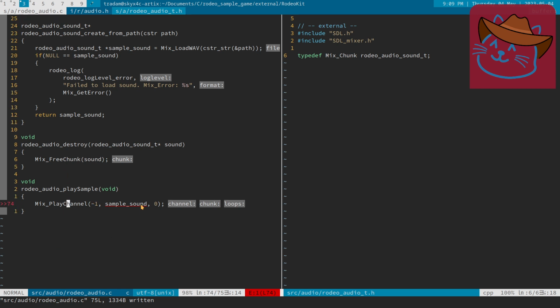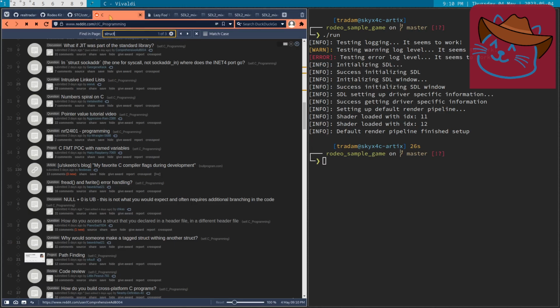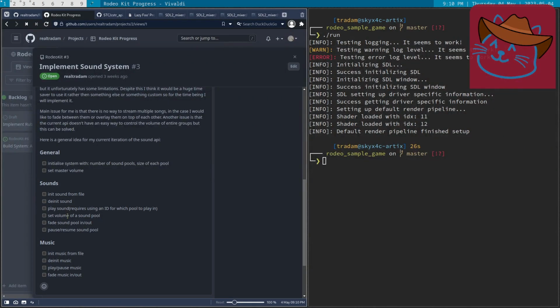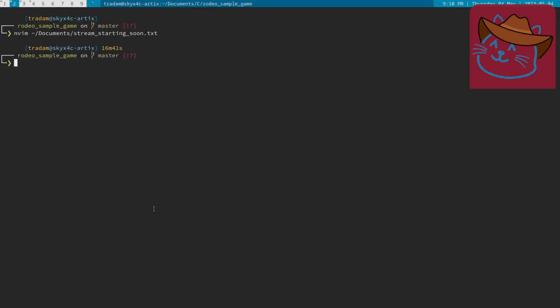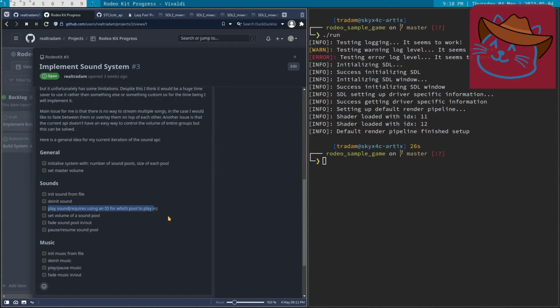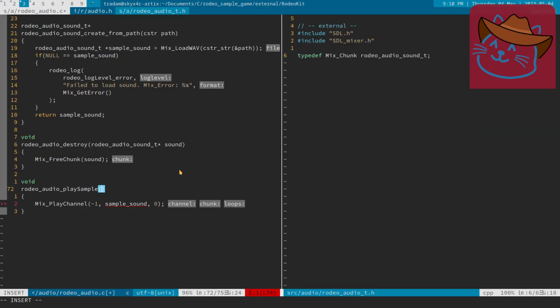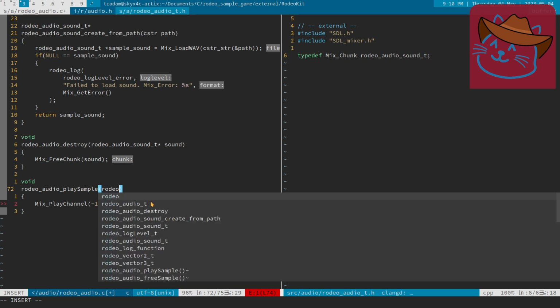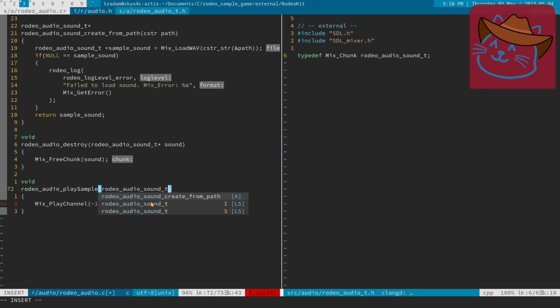All right, so now we're going to get a parameter here. There was a slight difference between the way it's set up. When we're going to play a sound, it requires an ID for which pool to play in. For the time being, I'll add the parameter but won't implement it, because we have to implement pools. At the moment, I just want to test to make sure that it works. So that doesn't matter. We're going to have the sound, which would be audio sound t sound, and then